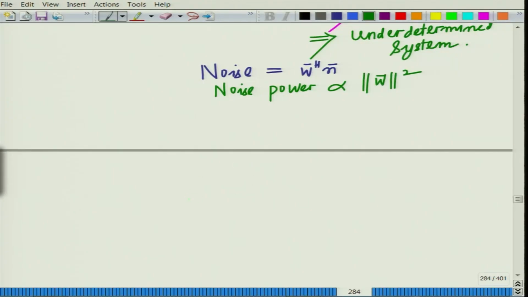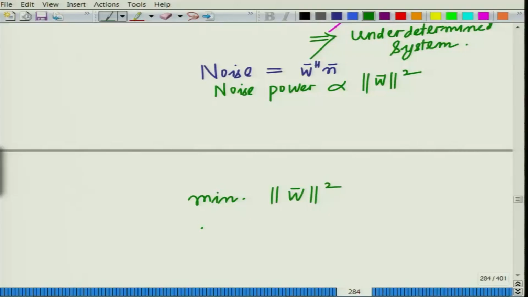So, essentially the pertinent optimization problem for this multi-user beamforming can be formulated as: minimize the noise power. The relevant optimization problem is minimize norm W bar square